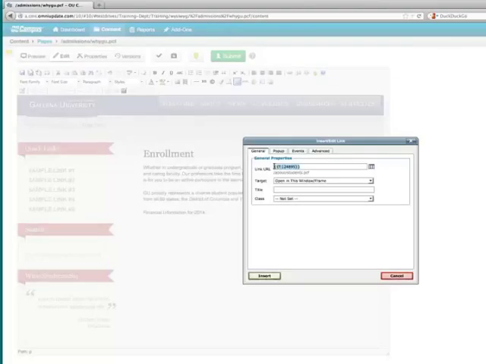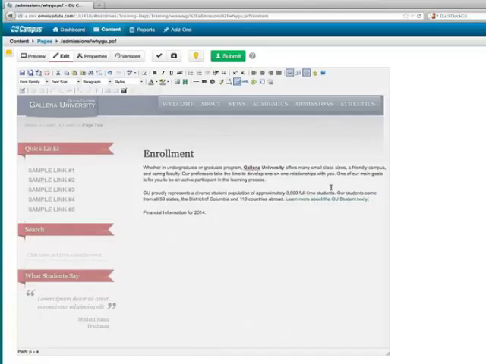You may notice that this doesn't look like a typical path. This is what we call a dependency tag. I can see the path to the particular page I used underneath it, but the dependency tag was inserted for me automatically to help cut down on broken links and to have the dependency manager keep track of my pages for me. If I wanted to have this open in a new window, I could change the target. I'm going to go ahead and add an alt tag there and then hit Insert. So now I can see my link over here